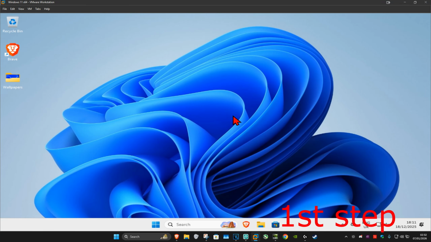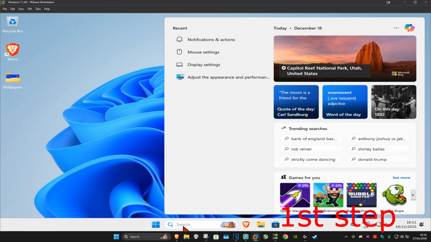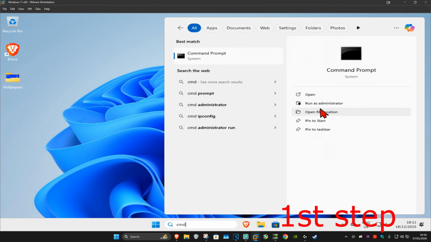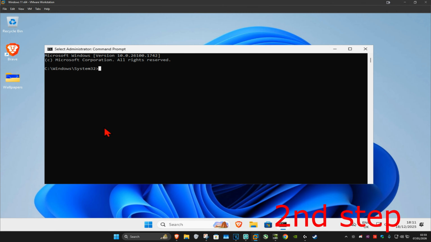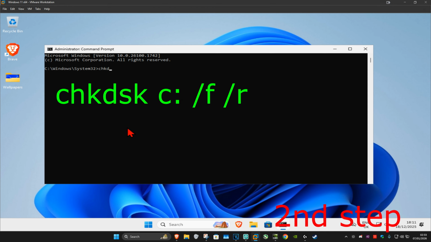So guys, for the first step, you want to go to search and type in CMD. Now you want to run it as administrator and then click on yes. And now once we're here, you want to type in chkdsk space and you want to type in the drive